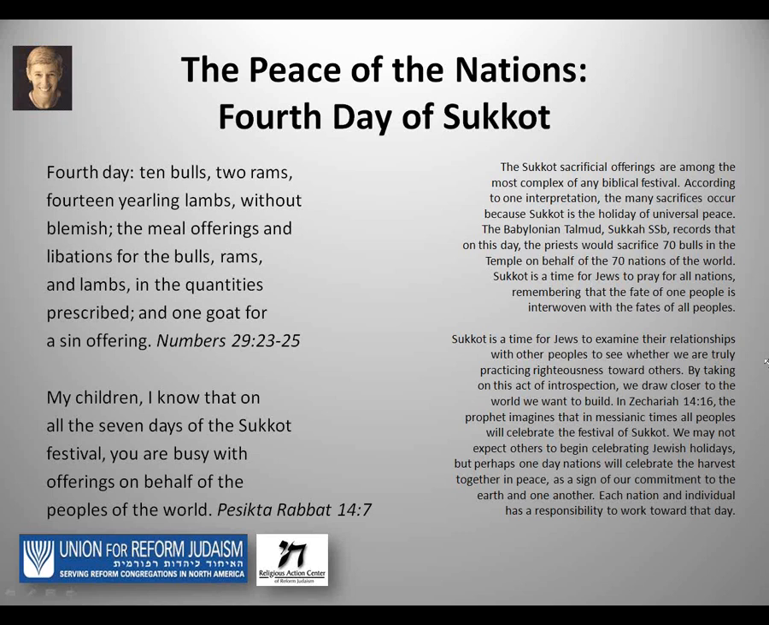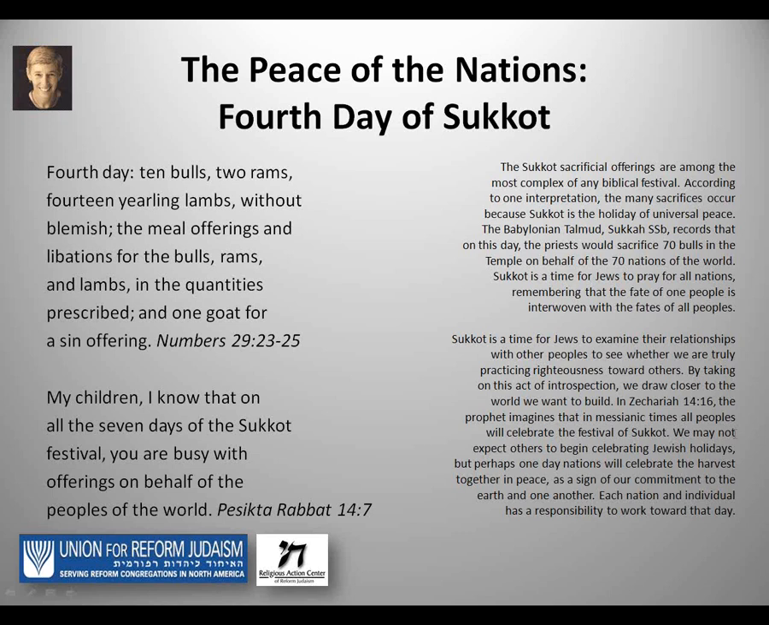Rabbi Jill Hammer has written a wonderful guide with essentially a page a day to guide us through a spiritual and historical approach to our holidays. This is her page for the 4th day of Sukkot, and she underscores the fact that the sacrificial offerings during Sukkot are traditionally, as you see on the right-hand side, the most complex of any biblical festival. Now, she's referring to yet another citation in the Torah that we didn't take a look at, and that is the list of the sacrificial offerings that shall be offered. What's particularly interesting here, and she makes a point of it, is the tradition that's mentioned in the Talmud of sacrificing 70 bulls or oxen at the temple on behalf of the 70 nations